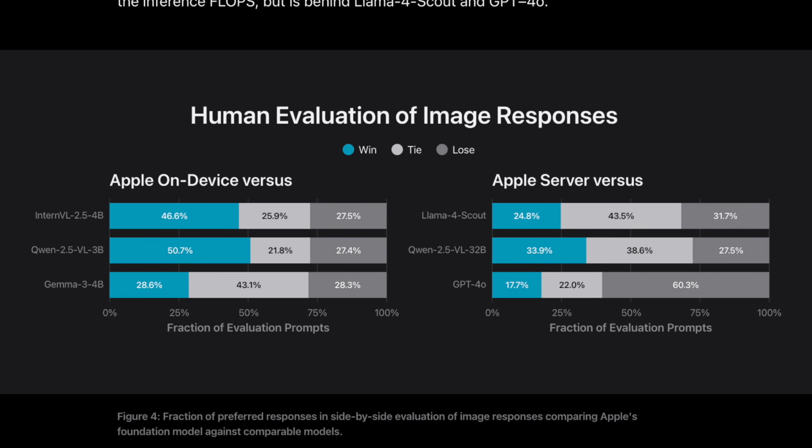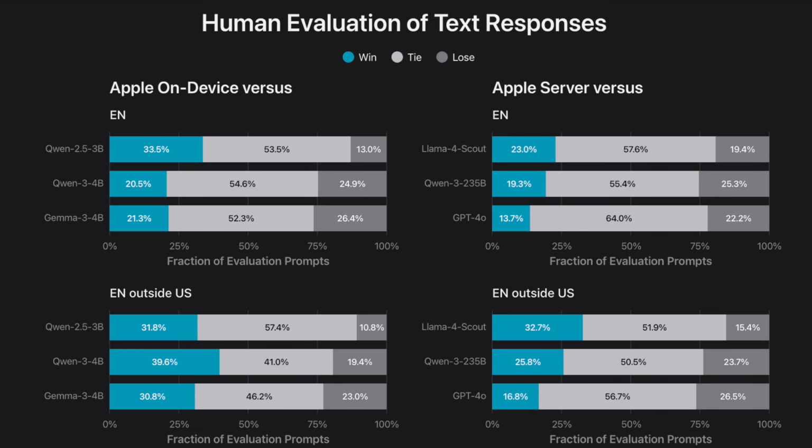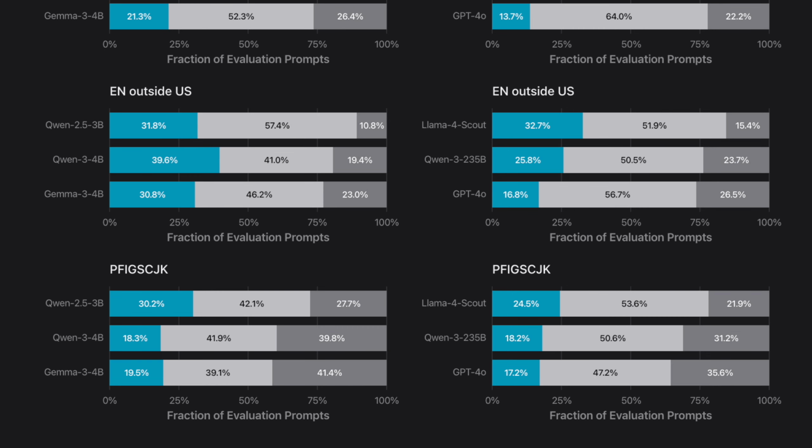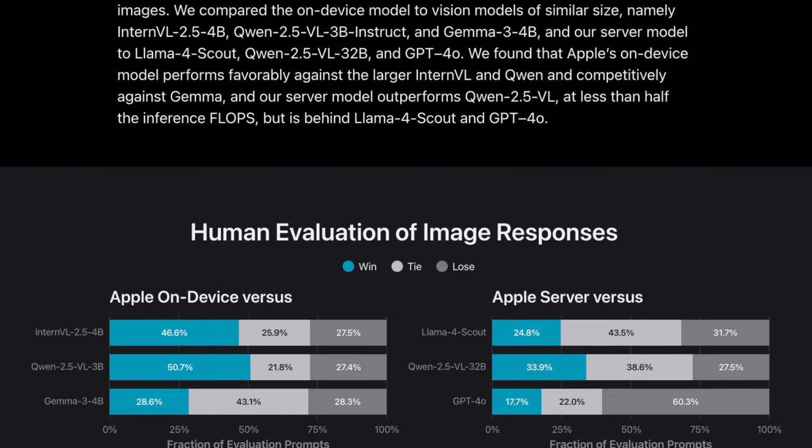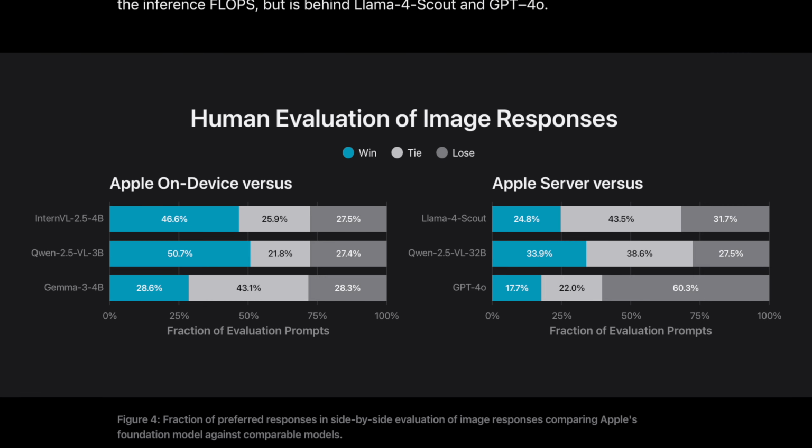In terms of image responses though, again with a human eval test, it does seem to perform pretty well, matching Gemma. As for the server model though, across the board it's better than Llama 4 Scout, whose total size and active number of parameters are comparable to this server model, but it will lose out to the larger models such as Qwen 3 235B and GPT-4o on most other benchmarks, particularly in image generation. Wow, is GPT-4o really good at that. Apple has a bit of catching up to do then, but this seems like a great step for app developers.